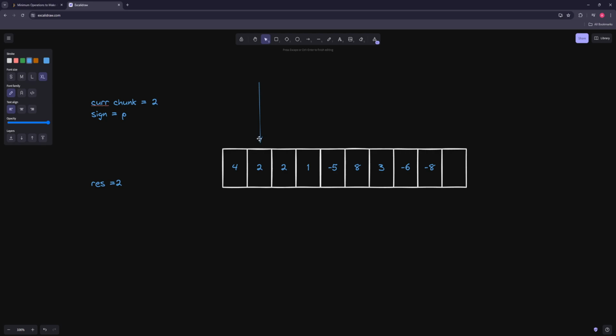And now we are keeping track of how much we need for the current chunk. Here it's the same number, so we can increment these together in our current chunk. Now here, same thing, this is smaller than the previous, so we're going to say, okay, what's the difference? Just 1, so we're going to add 1 to the result. And now our current chunk is 1